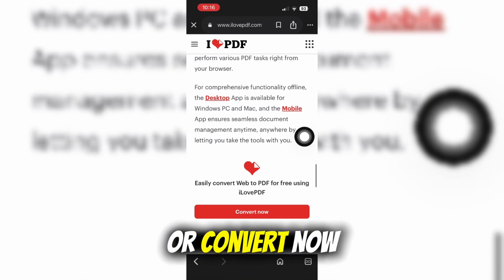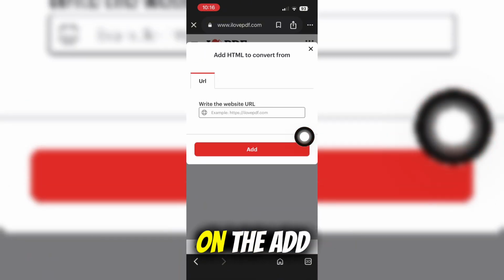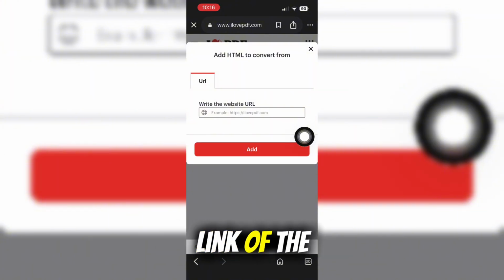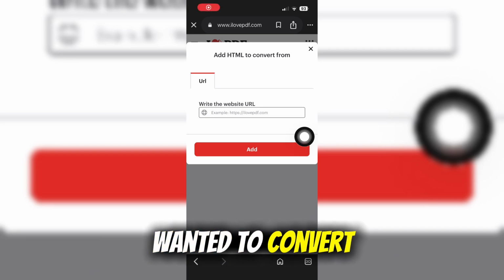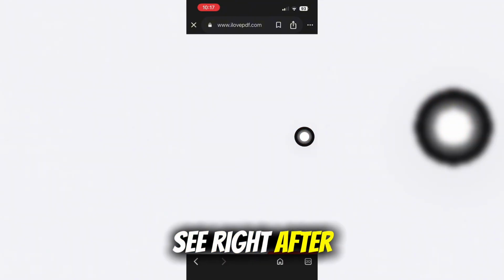now or convert now option. So what you need to do is to select on that and then click on the add HTML or the embedded link, and then go ahead and paste the embedded link of the PDF that you wanted to convert. And then once you have already pasted it, click on the add options that you can see right after the